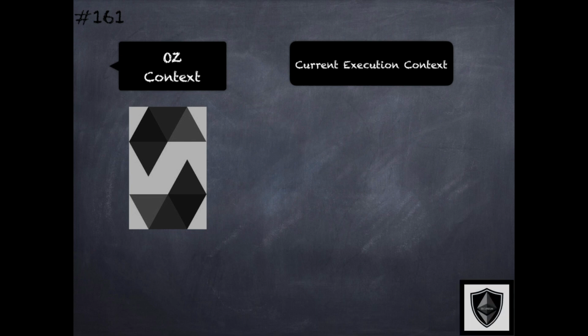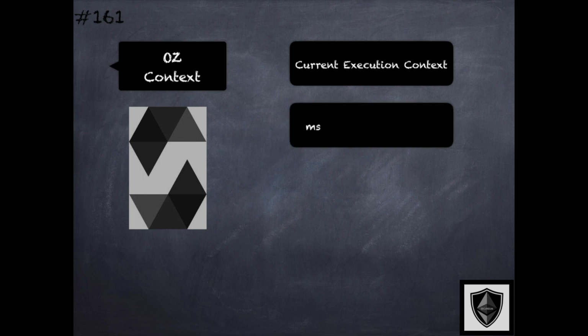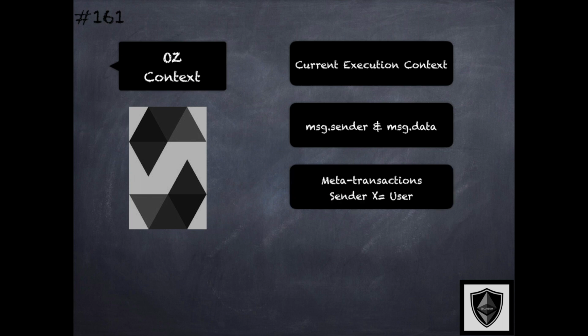The context library provides current execution context specific to the message sender and message data primitives. Recall that these primitives are provided by Solidity. In situations where our smart contract is working with what are known as meta transactions, where the account sending the transaction and paying for the gas costs may not really be the actual user as far as our application's context